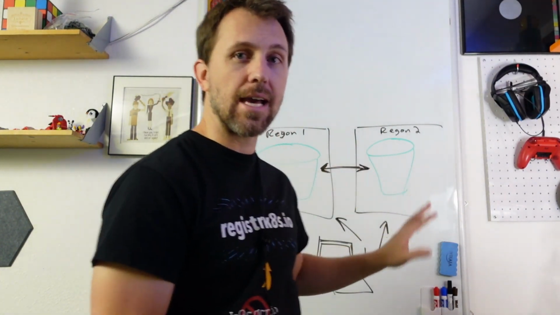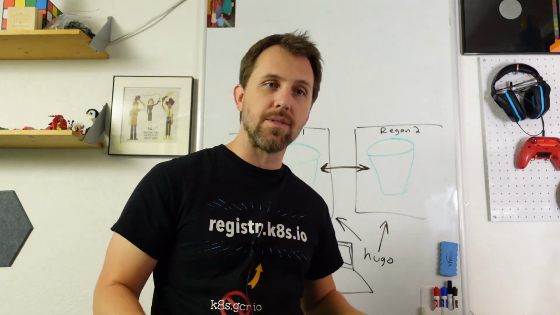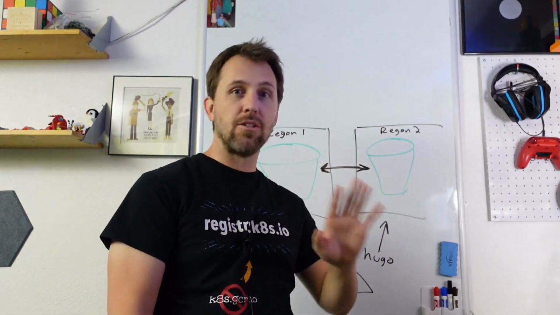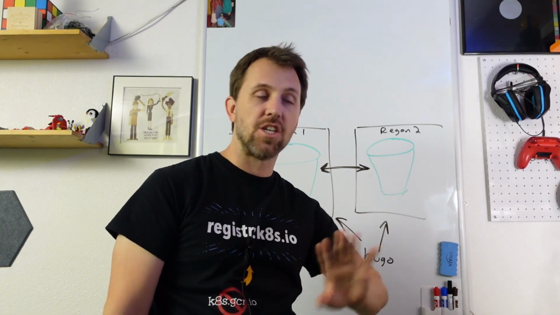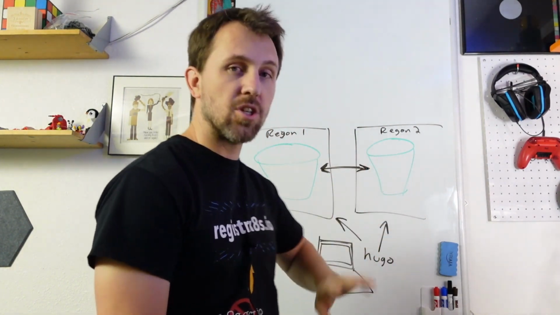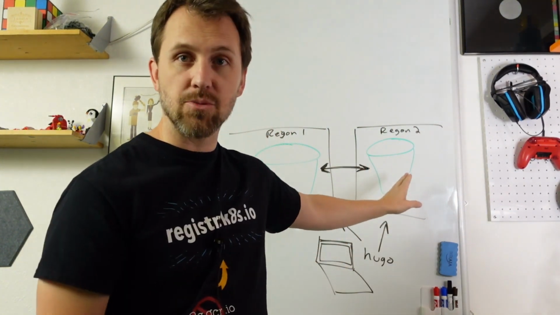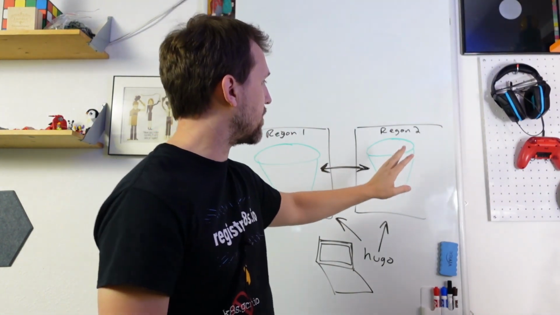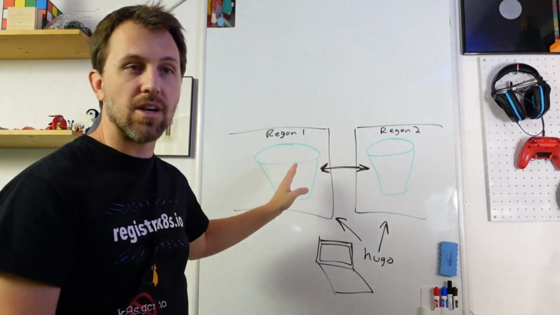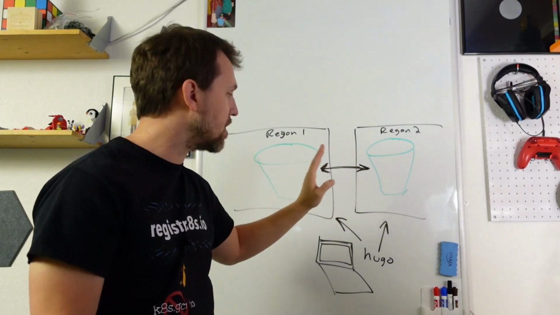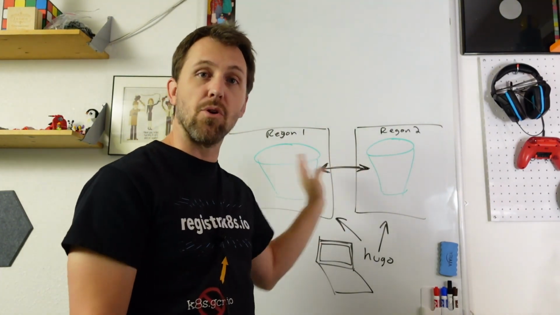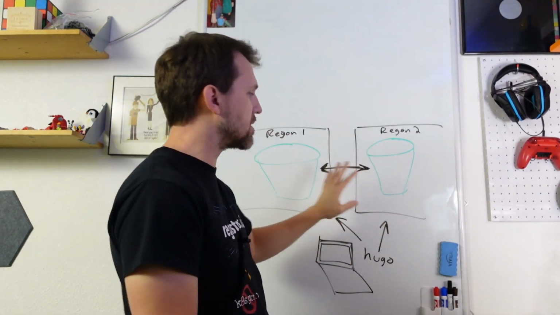In our case, for our status page, this is a static website. We don't need to update it all the time. It usually can just be cached. It can be somewhere else, and we're just going to go with the tried and true, throw it in an S3 bucket. And we have a region here and a region over here, and these buckets in both regions are going to do replication both ways. You can set that up. We have the buckets. We can handle that.